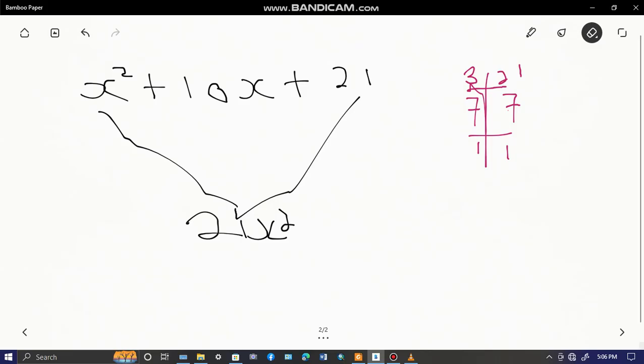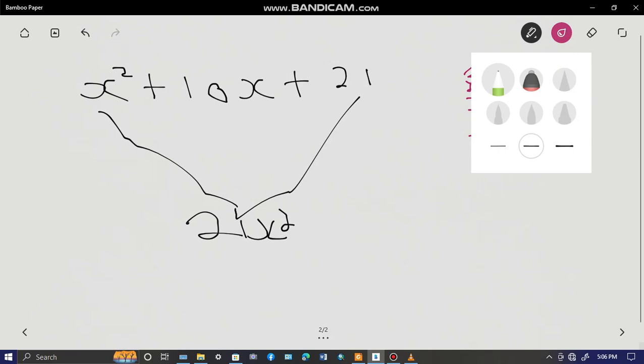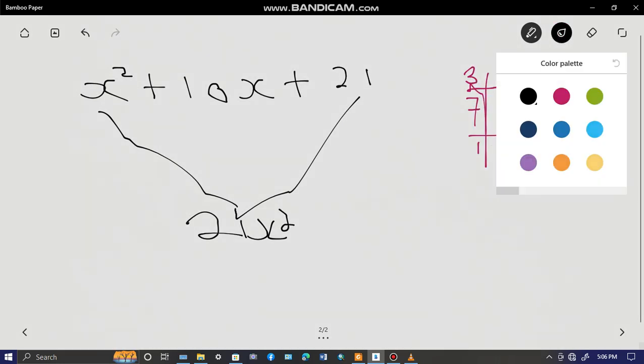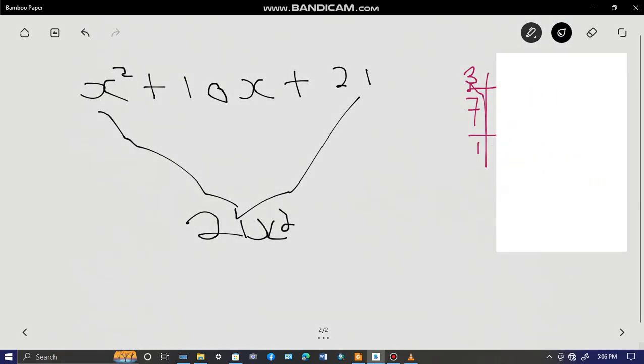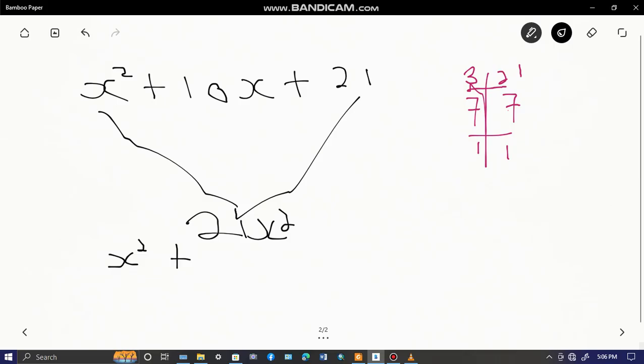So you have it as x squared plus 3x plus